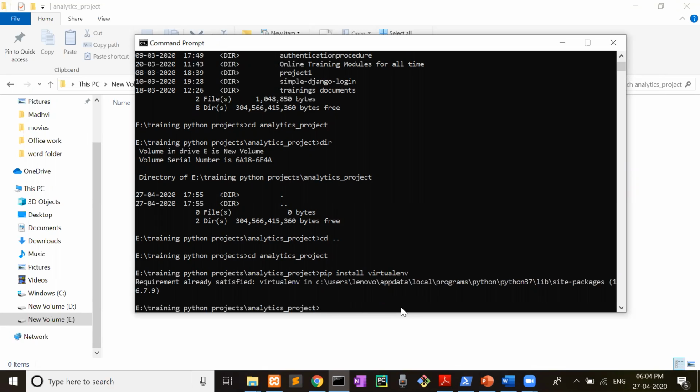Now you need to create a folder. This folder name can be anything according to your requirement. So I will type here python -m virtualenv and I will write here bisp env.